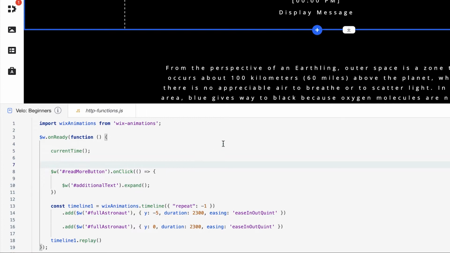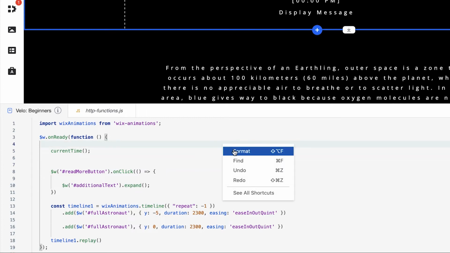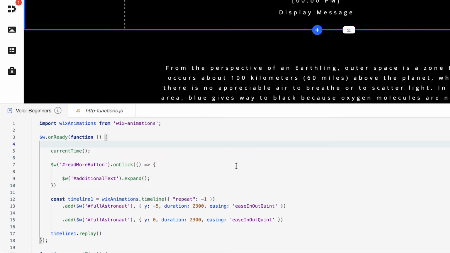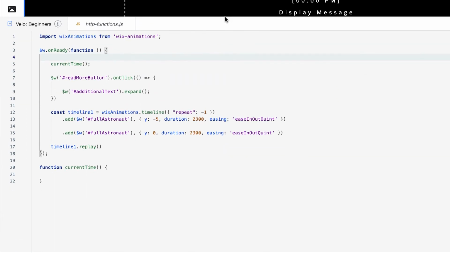Another cool trick, we can just right click inside of our code panel and click format. This is similar to some extensions that you might be familiar with, for our experienced audience. If you're using VS Code or Atom, any of those, there are certain extensions in those IDEs to format code, like Prettier and Beautify. This is similar and it's already built in. So let's drag up our IDE real quick. And we notice here, right here on line 20, our currentTime function is no longer idle. That means that it's invoked somewhere. But there's currently no code inside the scope of this function, so nothing's going to happen until we add it.